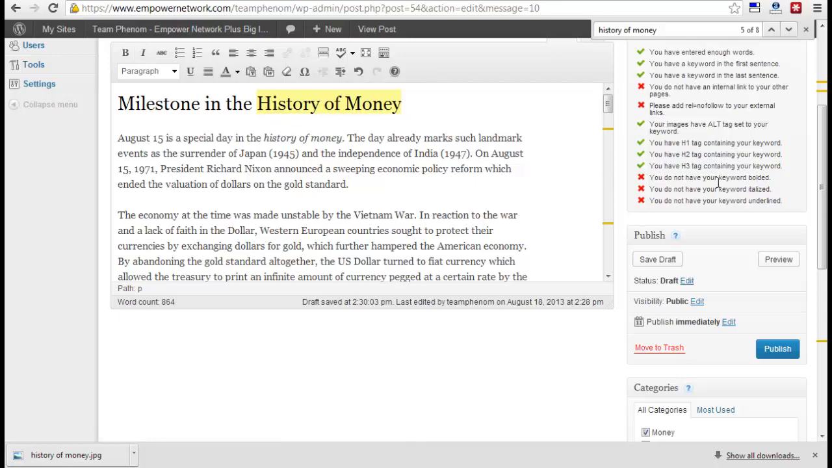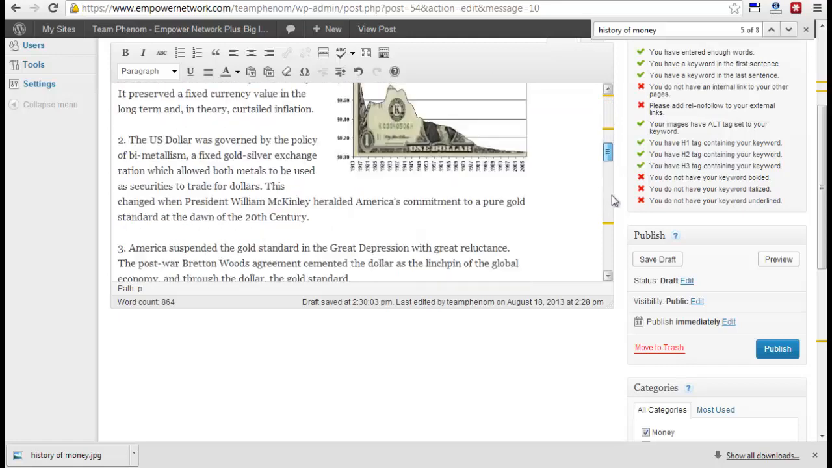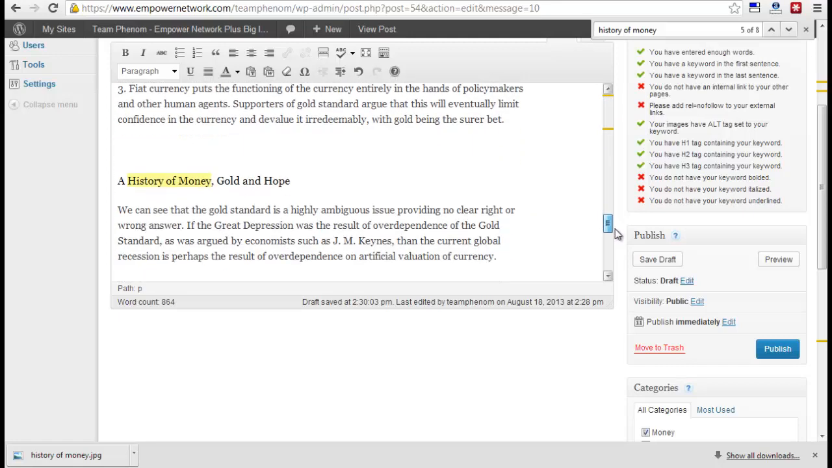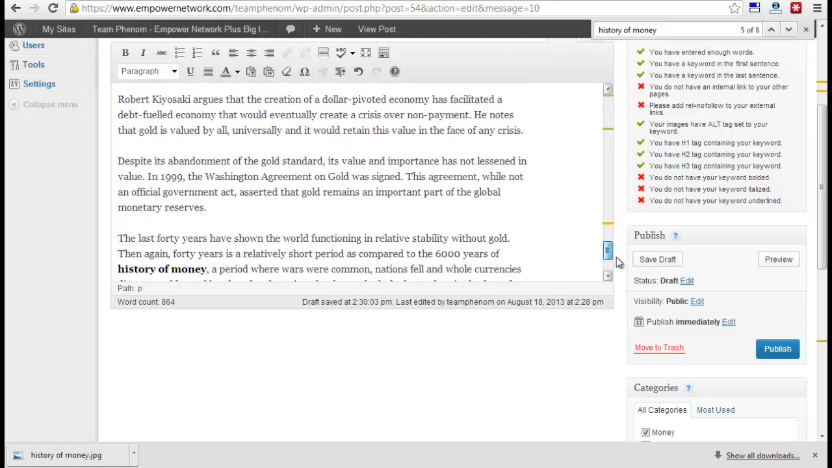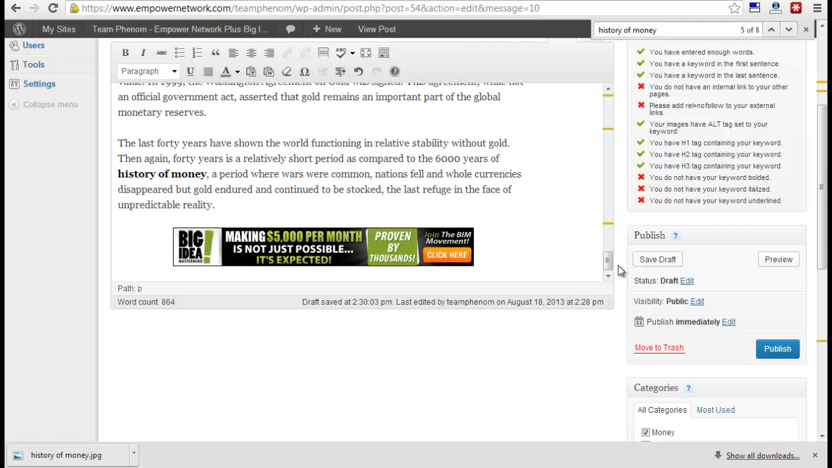All right, and then it says you don't have your keyword underlined. So let's underline the keyword here. Okay. We can underline it right here. You can bold it and underline it, which is up there. Okay. So now,